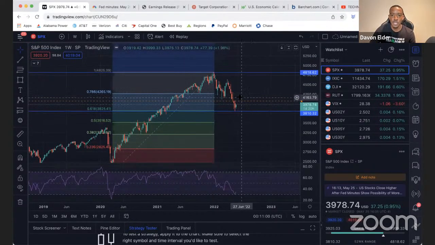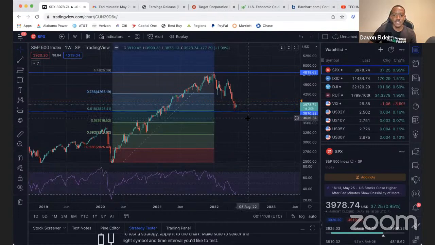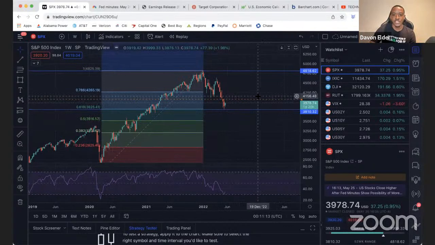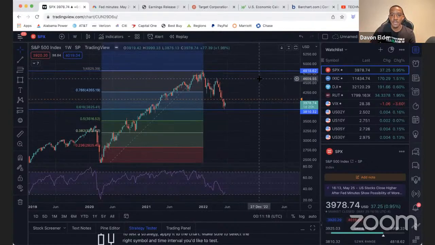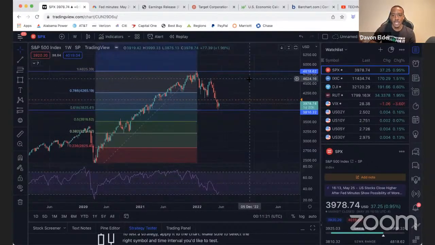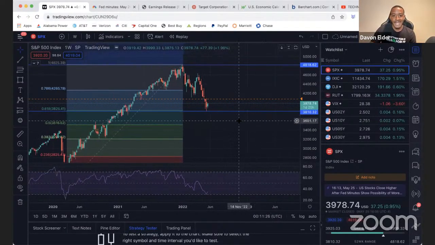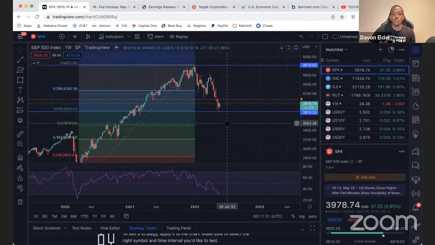Support is a level that a stock or an index comes down to and does not break below. Buyers like to enter the market at support levels. Resistance levels are areas where a stock or an index increases and goes up to and doesn't penetrate past. So investors like to sell at resistance. So very, very key and very simple. You buy at support and you sell at resistance. But also, what was previously resistance then becomes support whenever you break past it.